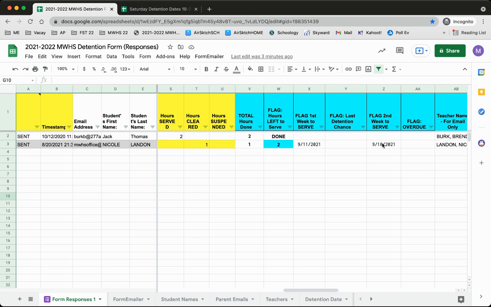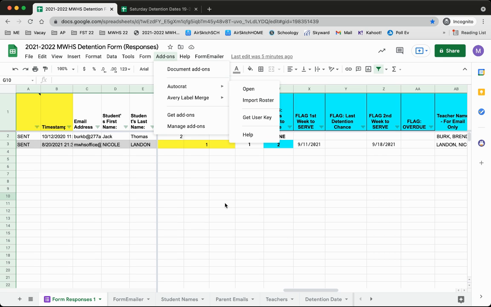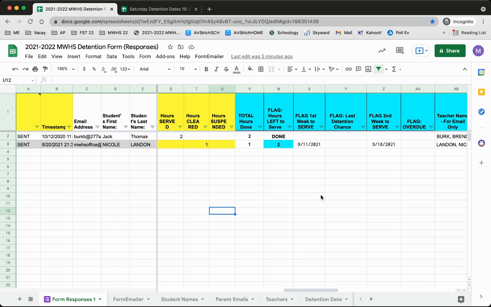The Thursday prior to that Saturday, I should print out these paper letters, bring them to the office, and have them delivered to the students as really a second reminder. Now, how this one works is we're going to end up going back to this add-on Autocrat. But what I want to tell you is this new Autocrat only works if this column here, column Y,